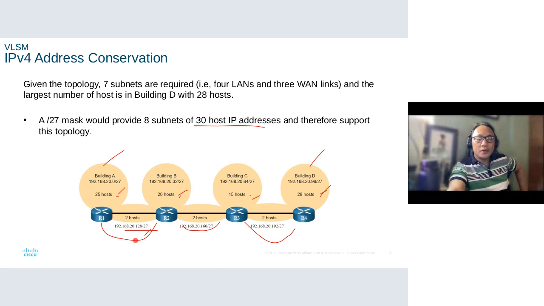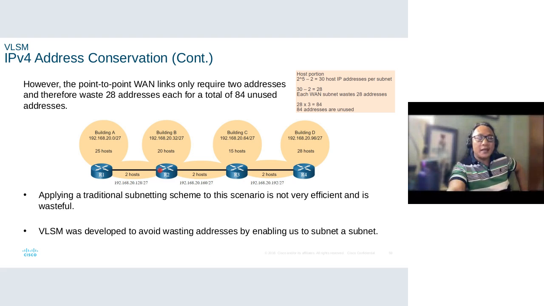Pero napansin niyo, kung 30 dito, 30 dito, 30 dito, okay lang, no? Kasi depende yan sa need na host. Pero dito, 2 host lang ang kailangan. So, sobrang dami ng nasasayang dito na address. Okay? Kaya, ayan, sabi dito, the point-to-point links only require 2 addresses and therefore it wastes around 28 addresses